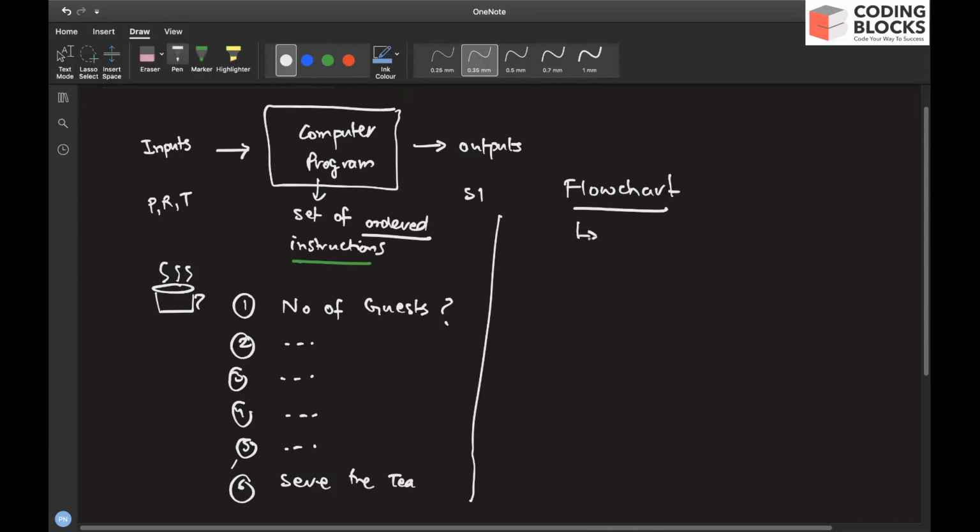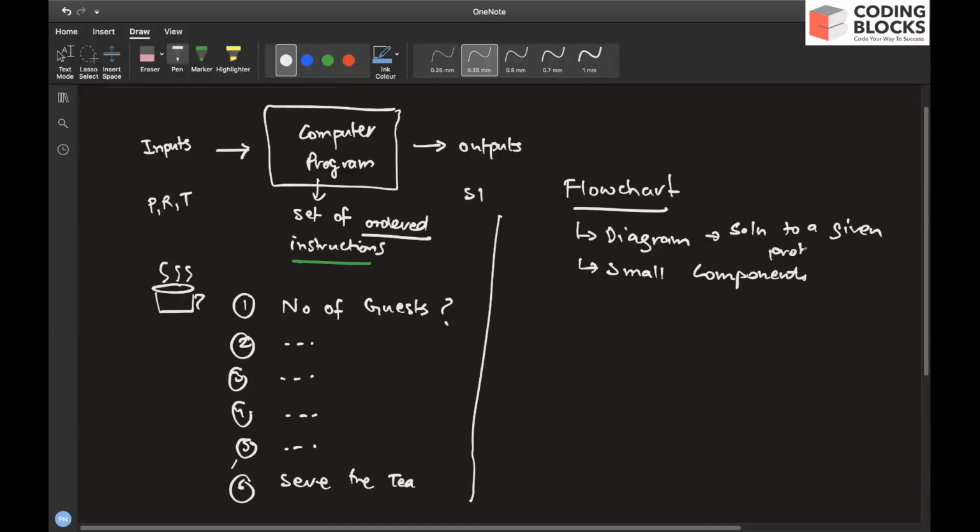So what is a flow chart? A flow chart is nothing but a diagram or a visual representation of what you are planning to do, and it allows you to break your program into small steps and display them. So your flowchart will break the entire flow into small components, and it is a diagram that represents the solution to a given problem.